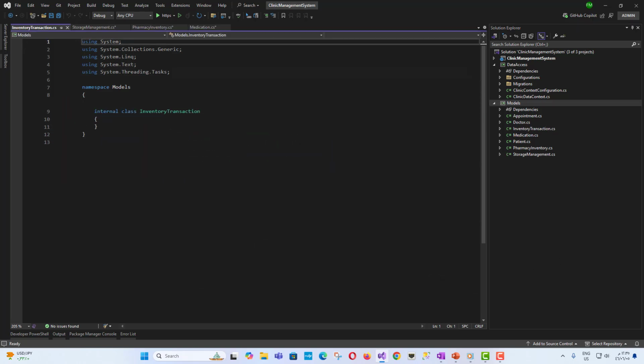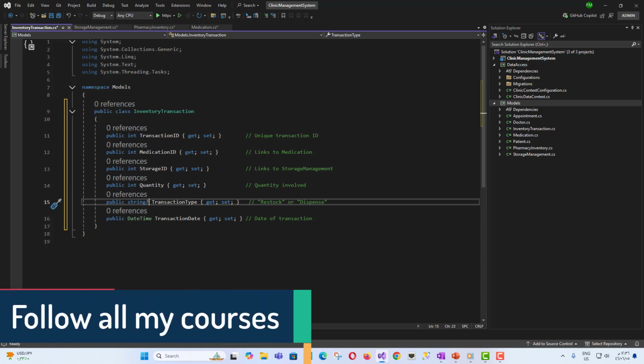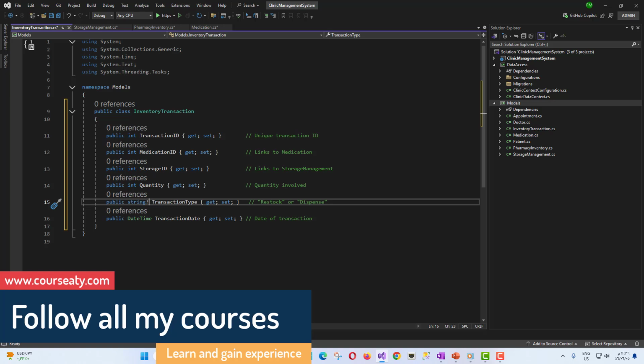It tracks all inventory-related transactions such as restocking or dispensing. Public class InventoryTransaction. This class will have the following properties. Public int TransactionId { get; set; } - unique transaction ID. Public int MedicationId { get; set; } - links to medication. Public int StorageId { get; set; } - links to storage management. Public int Quantity { get; set; }